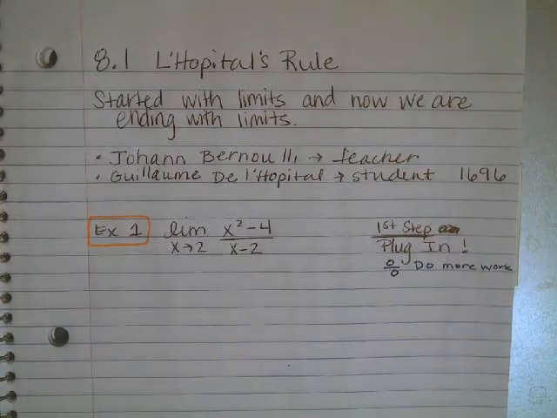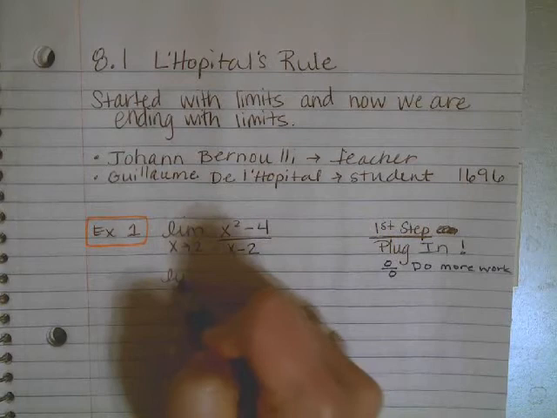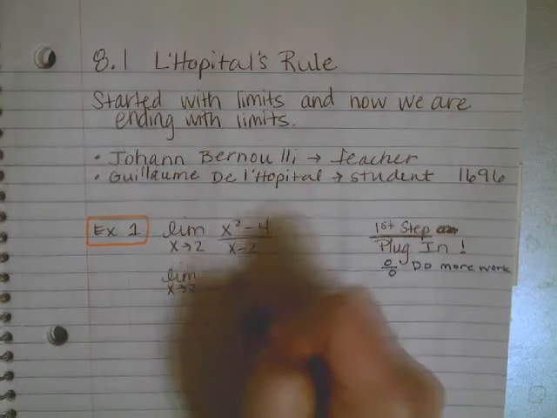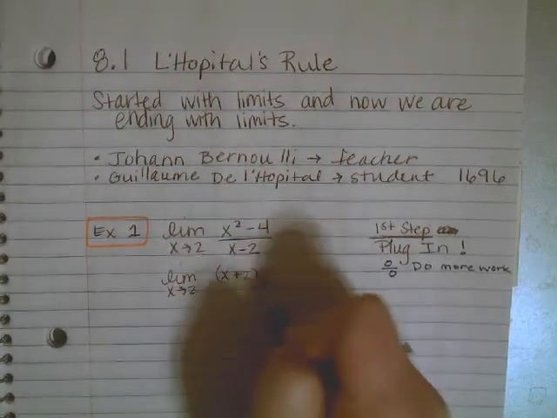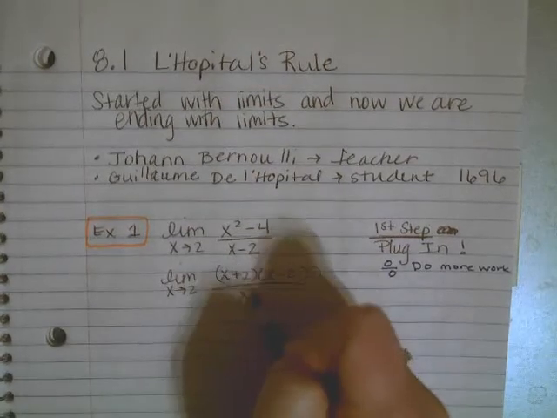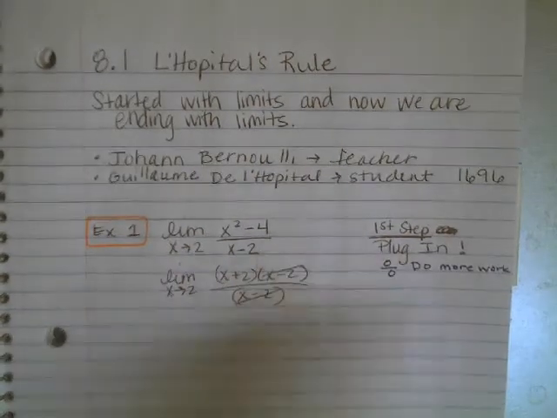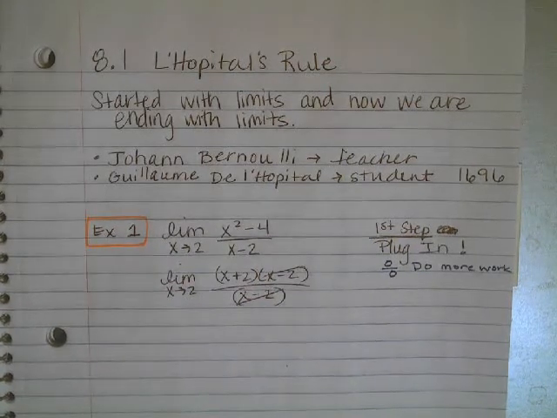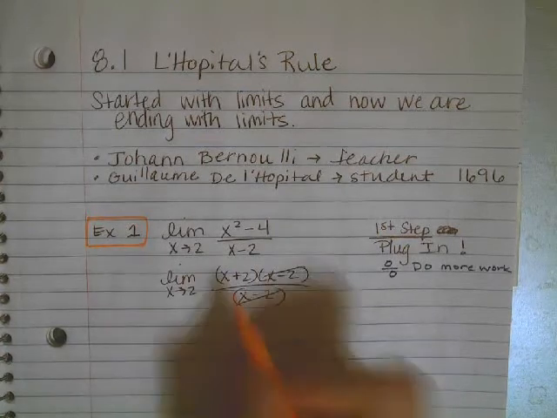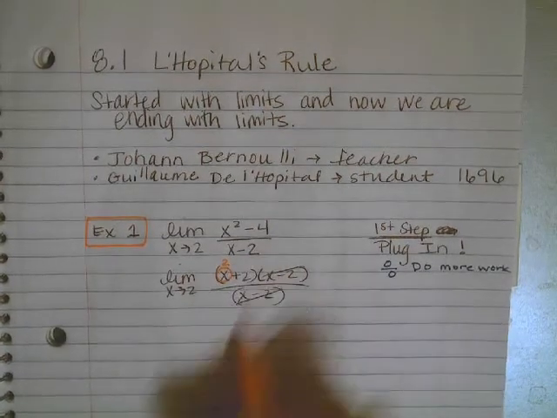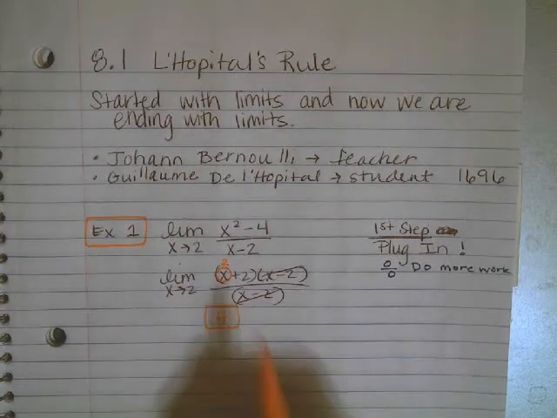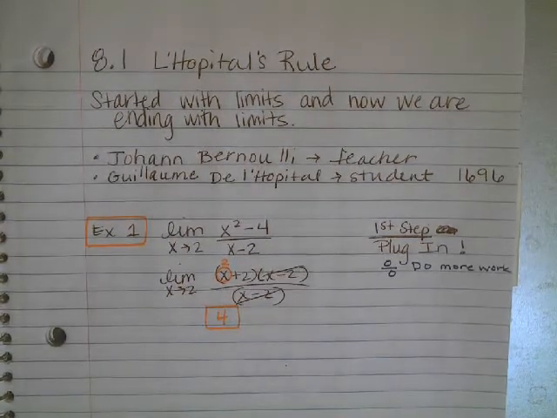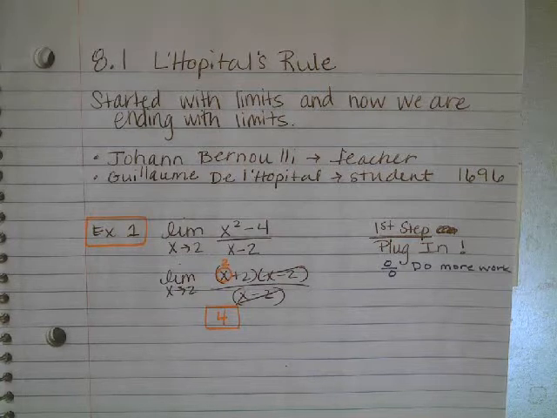So the do more work from Chapter 2 was factoring for this problem. You factor the numerator into x plus 2, x minus 2, all over x minus 2. And I cancel. My 0 over 0 problem is now gone. I plug in x is 2 right here, and I get 2 plus 2, and my limit is 4. That method can still be used for this unit. In fact, that's probably what I would do for this problem, but I want to show you that L'Hopital's rule